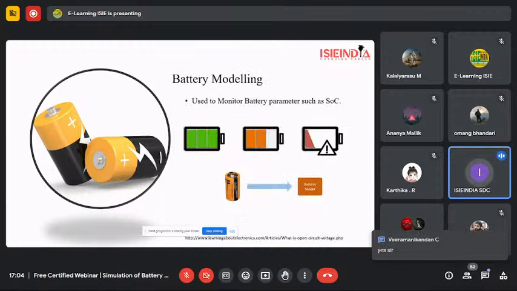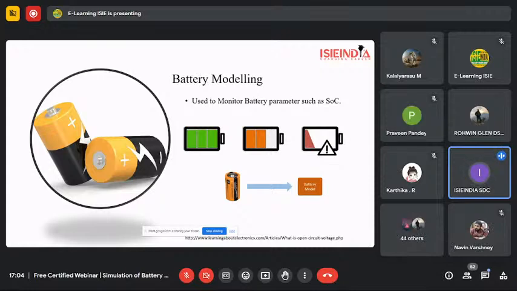So the first topic here is battery modeling. The main purpose of battery modeling is that it is the first step in designing a battery management system. The battery management system is the heart of the battery, you can say. What it does is track the voltage of each cell. When we see a battery pack, there are n number of cells connected in series or parallel combinations. To ensure that each and every cell in the battery pack is performing under safe operating conditions, with no exceeding of temperature or voltage limits,